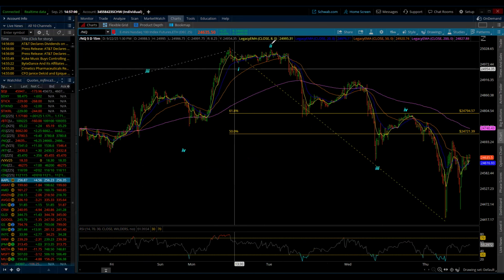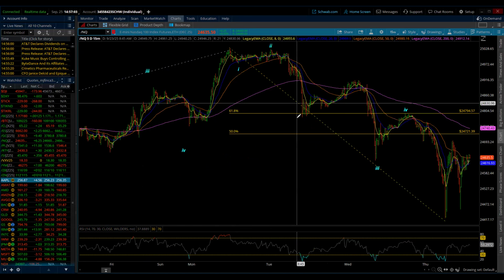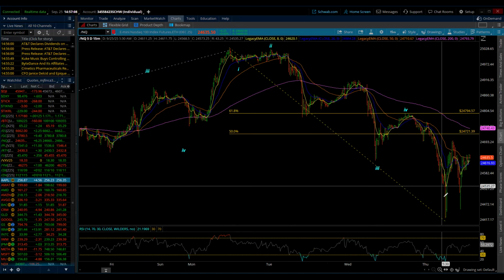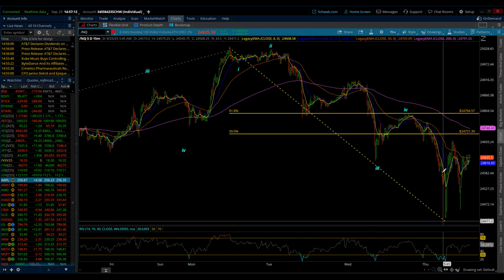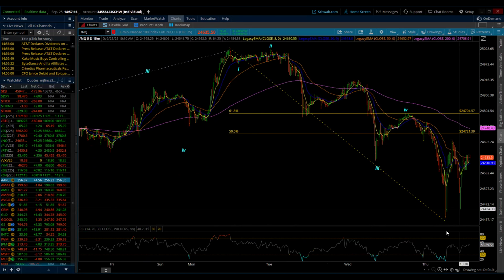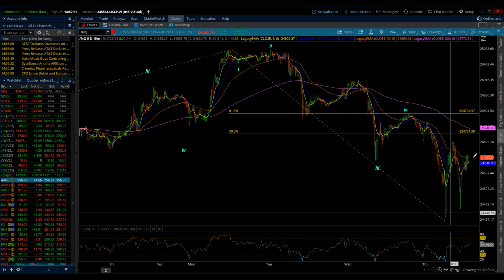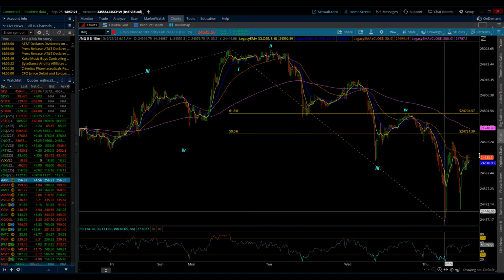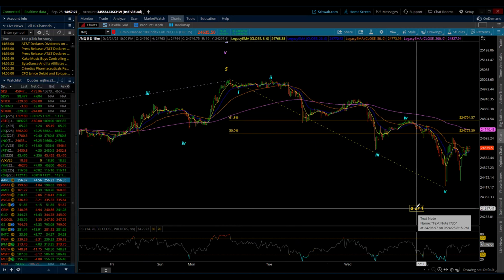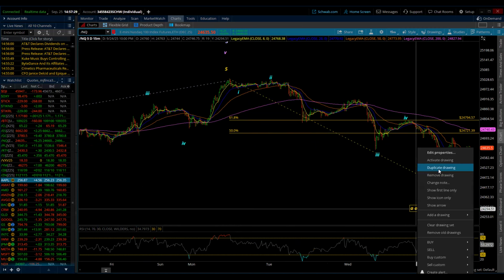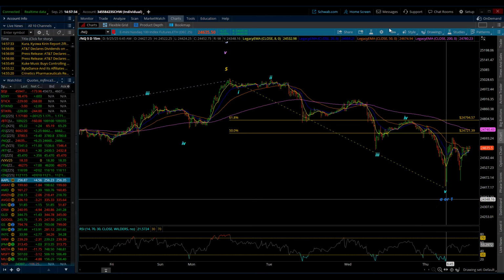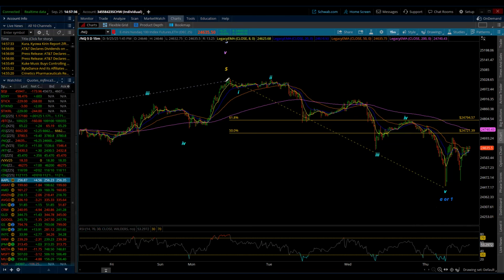Wave one, two, and then one, two, three, four, five of three, four, one, two, three, four, five. And then we actually came up in three, went down in what looks like three, and now we're coming back up. And I think what we're doing is we're now in the C wave of the B wave, the internal B wave. So how I've labeled this is that, and it's always funny how when you lower the time frame, things move around, as wave A or one. And I am leaning towards A, the sub-minuet A.